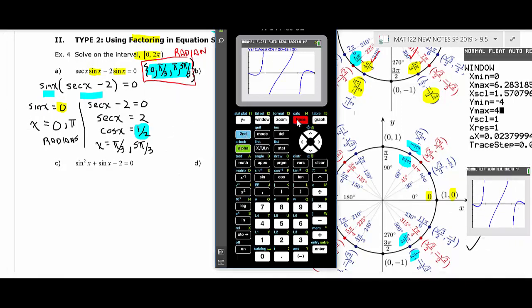So our answers are 0. Okay, so if I trace at 0, that's giving an answer of y equals 0, so that's good. If I trace at pi over 3, that'll trace out the second solution and verify that. If I trace at pi, that verifies that solution. And then I got 5 pi over 3, so I do 5 pi over 3, and then that will do that. It looks like 2 pi is also a solution, so if I traced at 2 pi,